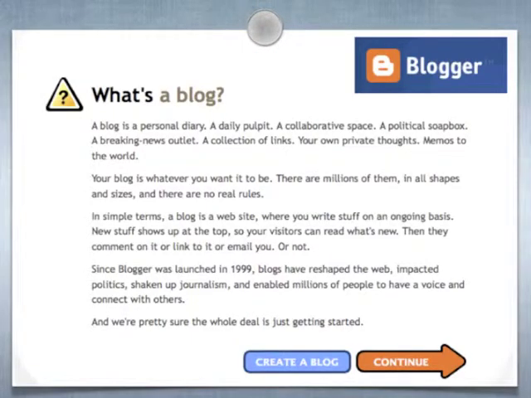Blogger actually has a pretty cool explanation of it. They're a little bit more hip on that. They're basically saying it's a diary, a collaborative space, your political soapbox, where you want to tell people about anything that's going on in your life or, in your guys' case, your business. You could talk about your life. It just depends on what your business is and how personal you want to get on there. For my businesses, even though I'm doing B2B, business to business, I still talk about my family. I post pictures. I do all kinds of cool stuff like that because it makes you really personable.